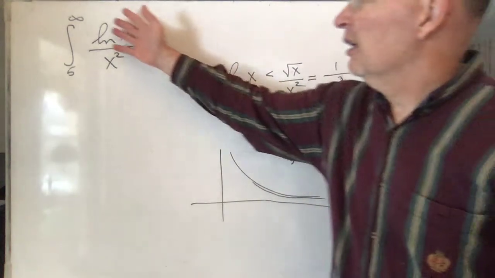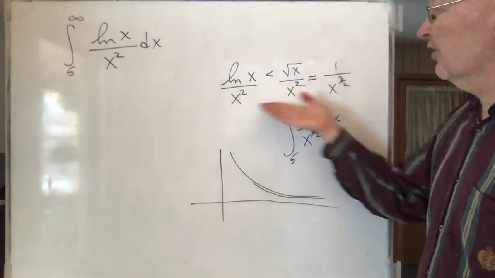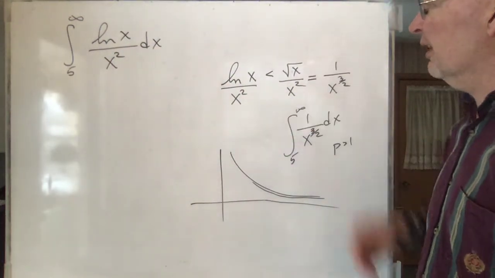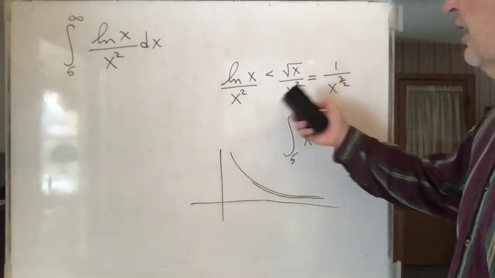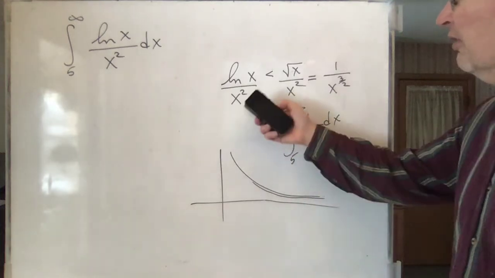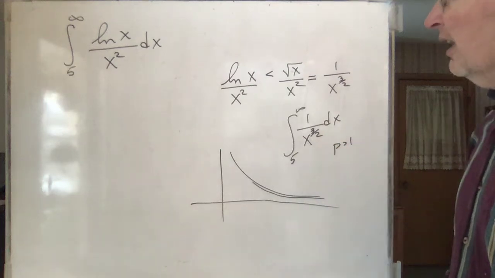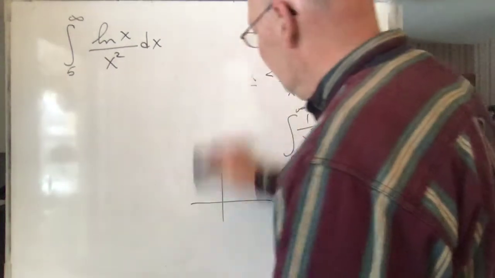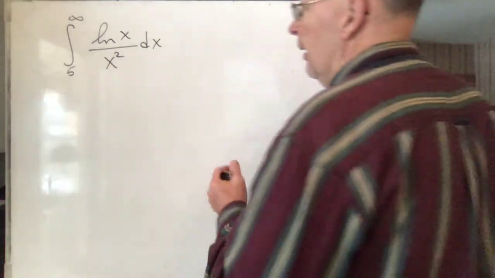So those are the things. You have to just be so aware and familiar with these functions that you can just see that you're going to piece it together like this. It's not just a matter of nodding your head when someone shows it to you. It's a matter of being able to have thought about this in the first place. You just look at that and you say, oh, this grows so slow. Boom, you got to have that. Okay? So I'll let you do this one. This is a nice problem.